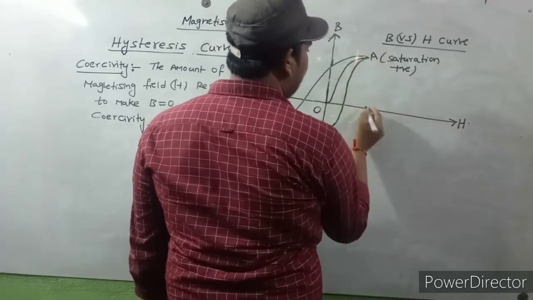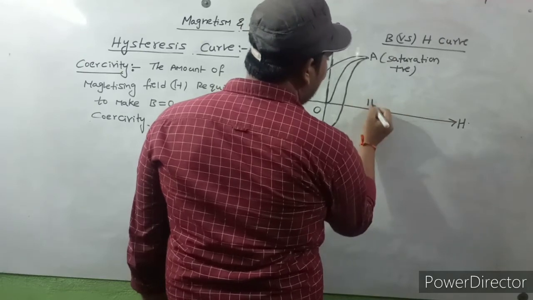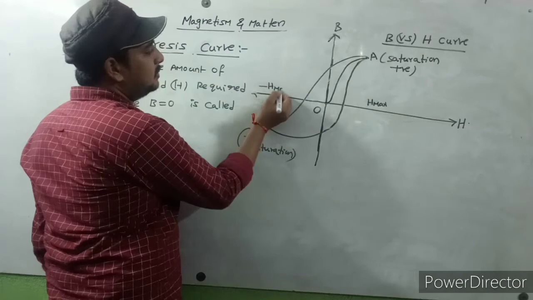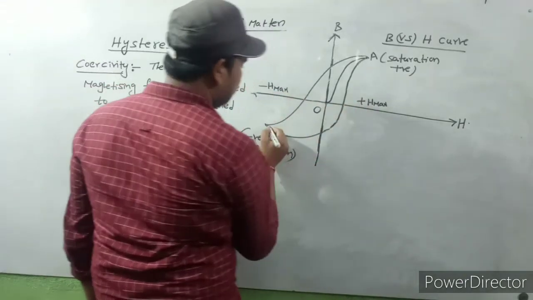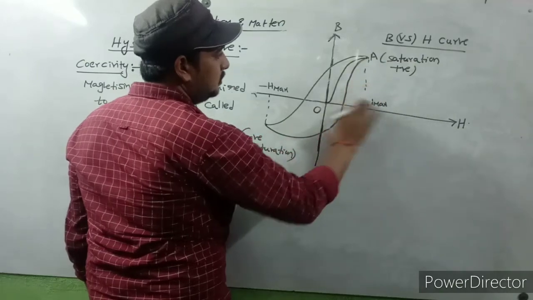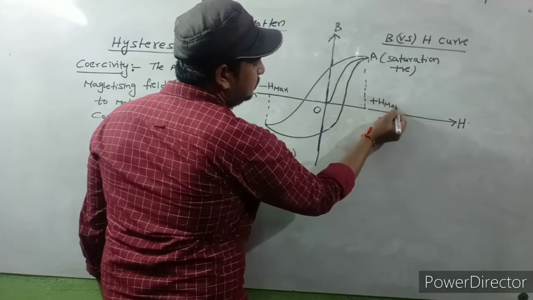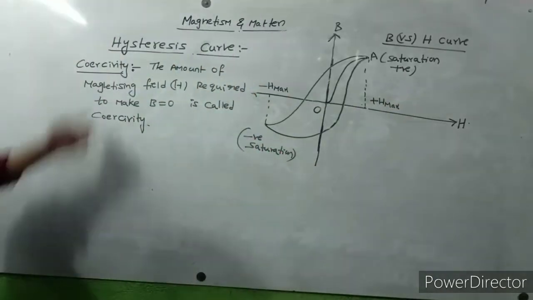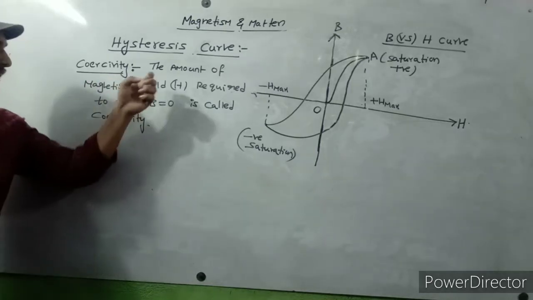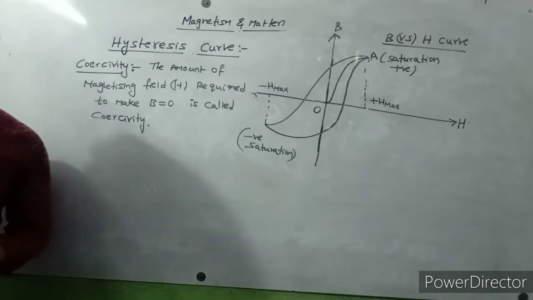This region is called H plus region, H maximum region. Here it is negative H maximum. This is positive H maximum here. So coercivity is nothing but the amount of magnetizing field required to make magnetic field equal to 0. So next,